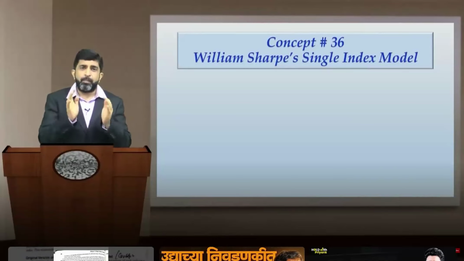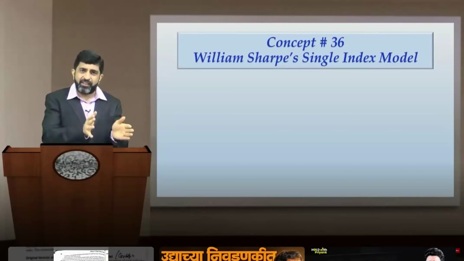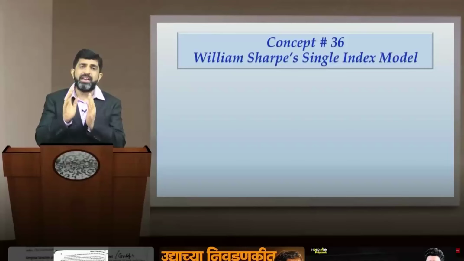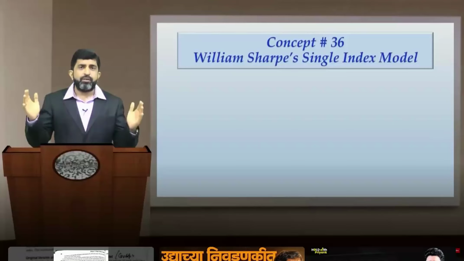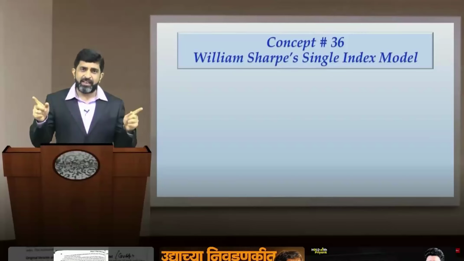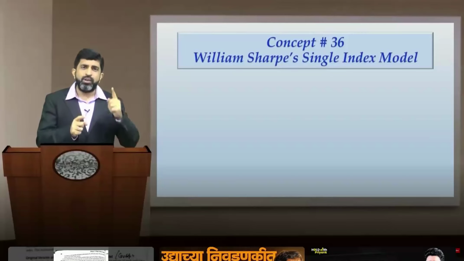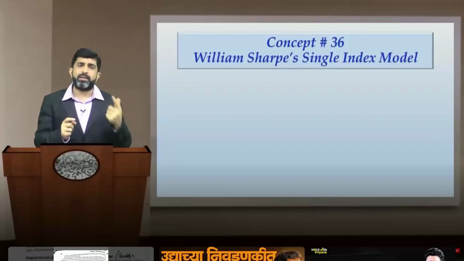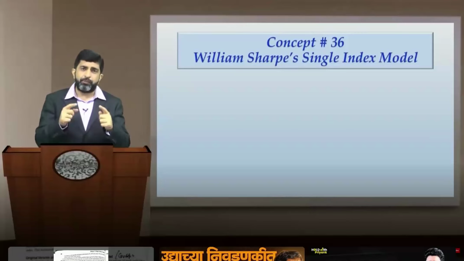सिंगल इंडेक्स मॉडल में पोर्टफोलियो का सिस्टमैटिक रिस्क कंप्यूट किया जाएगा और पोर्टफोलियो का अनसिस्टमैटिक रिस्क भी इंडिपेंडेंटली कंप्यूट किया जाएगा। दोनों रिस्क का जो एग्रीगेट होगा वो बनेगा पोर्टफोलियो रिस्क। तो इक्वेशन तो वही की वही रहेगी, पोर्टफोलियो रिस्क इक्वल्स टू सिस्टमैटिक रिस्क प्लस अनसिस्टमैटिक रिस्क। बट दोनों के अप्रोचेस में, यानी कि मार्कोविज मॉडल और विलियम शार्प के सिंगल इंडेक्स मॉडल में जो डिफरेंस है वो ये है कि मार्कोविज मॉडल will always first compute the total risk